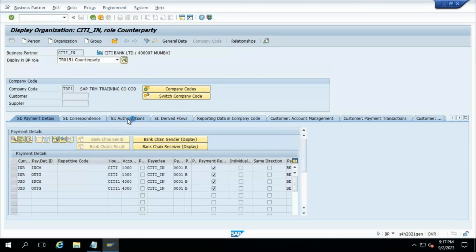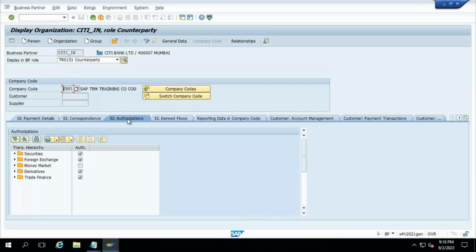Then another important area is authorization. Basically, it's a kind of restriction you can set in the business partner master data. Let's say you have a transaction where you only want to have an investment with a bank, Citibank. You don't want any loans from Citibank, and you don't want any transaction other than the investment. In that case, you can define it under the product group. You can see this particular folder. This is called a product group. Inside the product group, you can define which products you want to deal with this particular bank. If you define that you only want an investment, and you don't want a forex transaction, any security transaction or derivative transaction,